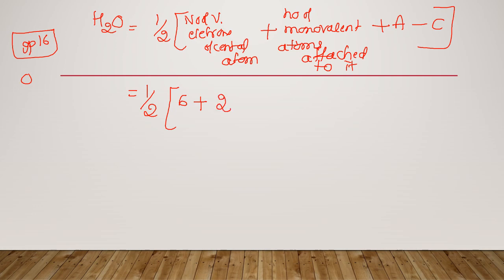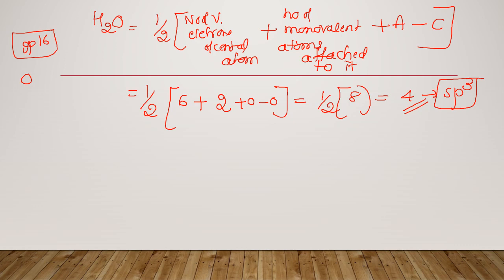Is there any anionic, negative charge in the water molecule? No, it's not there. 0. Is there any positive charge? No. So we can write half into 6 plus 2, it is 8. 8 by 2 is equal to 4. Once again, the type of hybridization in the water molecule is sp3. Since the hybridization is sp3, we expect 4 total electron pairs. Why is it 4? Because 4 hybrid orbitals are there, and out of which